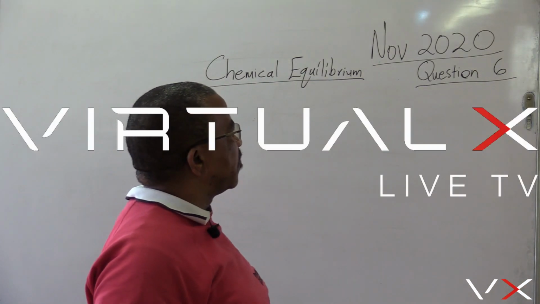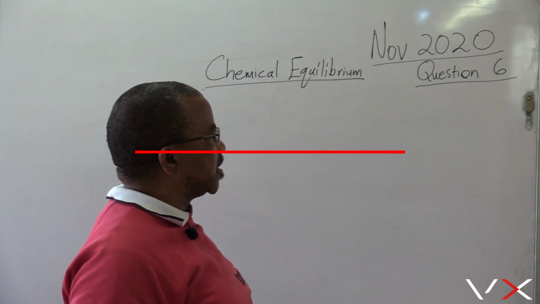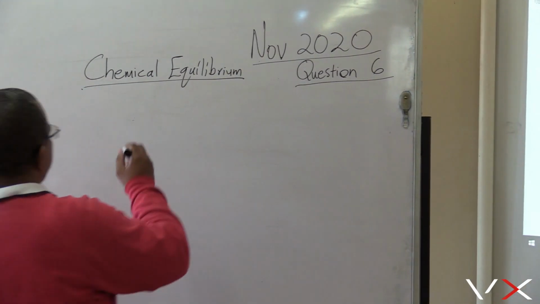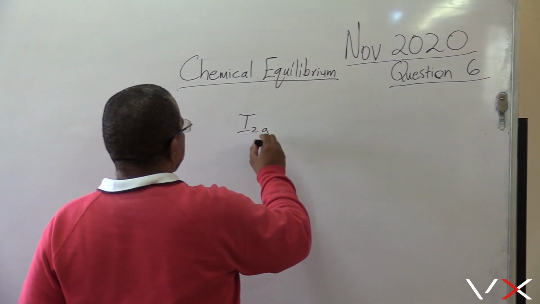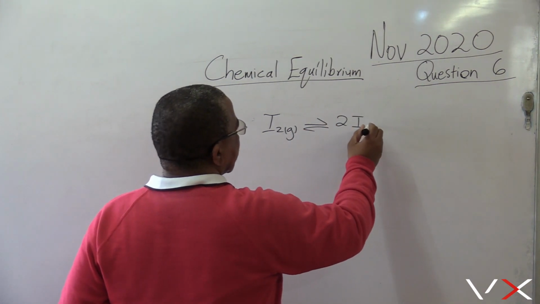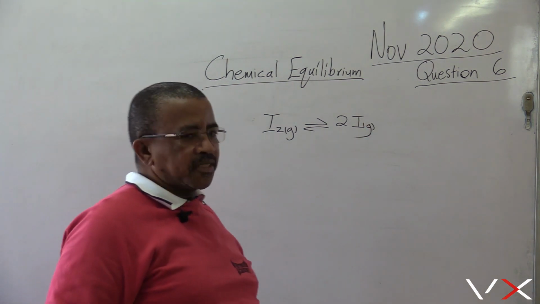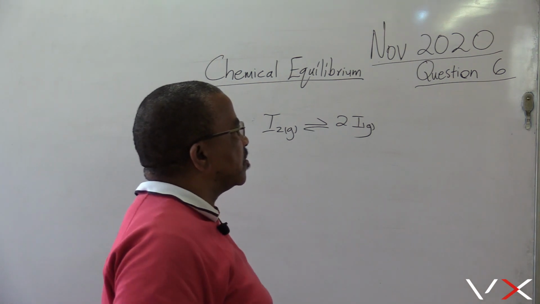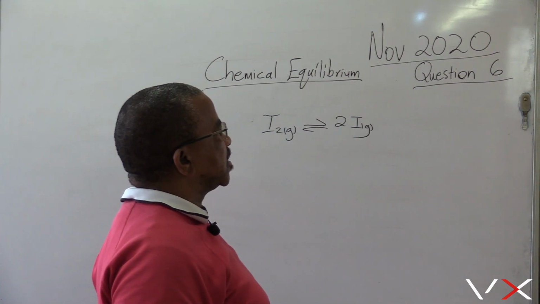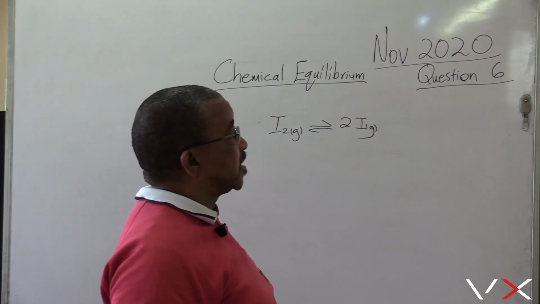Right, this paper is November 2020, question number 6. Its dissociation of iodine molecules to iodine atoms is a reversible reaction. We have iodine molecules to iodine atoms, which means if it's reversible, the balanced equation for the reaction is that, and this takes place in a sealed container at 727 degrees Celsius,